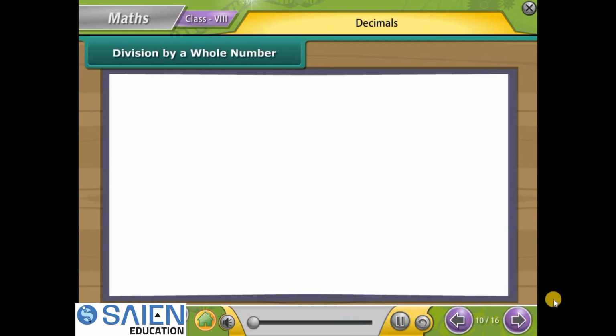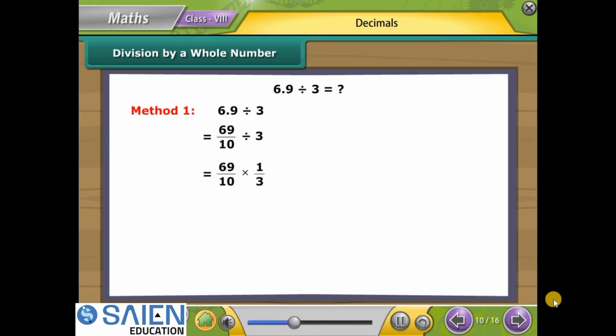Division by a whole number. How will you divide a decimal number 6.9 by a whole number, say 3? Such numbers can be divided by two methods. Method 1. Write 6.9 as 69 upon 10. Thus, we'll get 69 upon 10 multiplied by 1 upon 3. This can be written as 1 upon 10 multiplied by 69 upon 3. On simplifying this, we get 1 upon 10 multiplied by 23, which is equal to 23 upon 10 and at